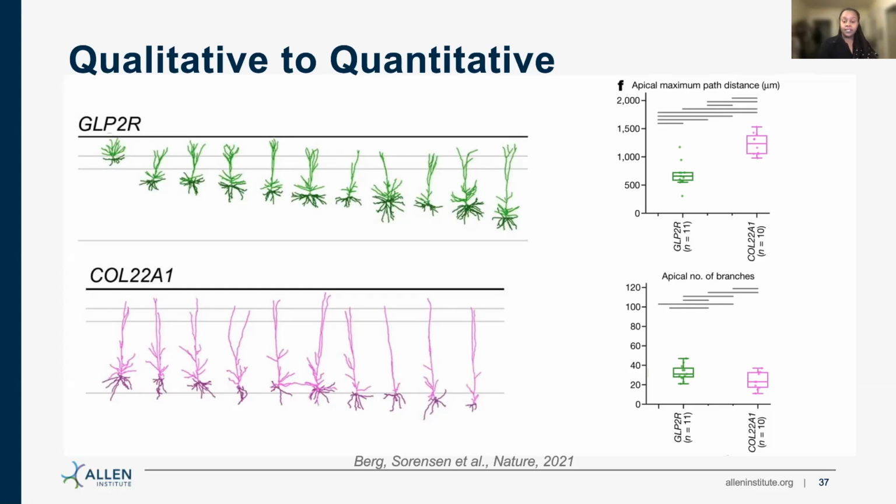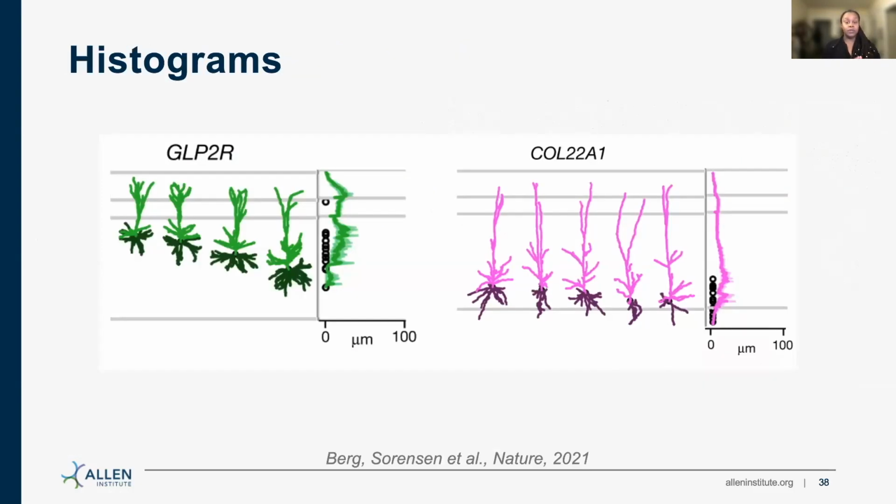In order to assess if these differences are significant, we use different statistical methods. While we can observe trends using these box plots, it's also worth noting that we can see a diversity in cell shape even within these two groups of cells. This can mean that even within a T-type, these feature measurements can vary widely. One solution that we introduced in section 2 of the lesson plan is to calculate something we call a histogram. Histograms are a way to represent patterns in the structure of all cells within a group instead of a collection